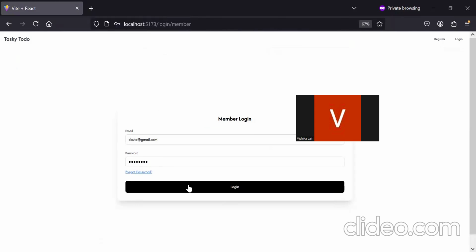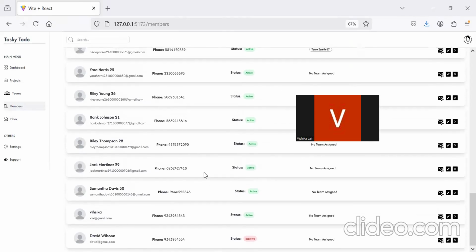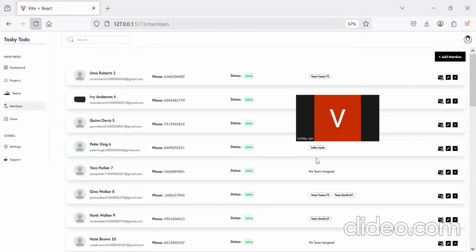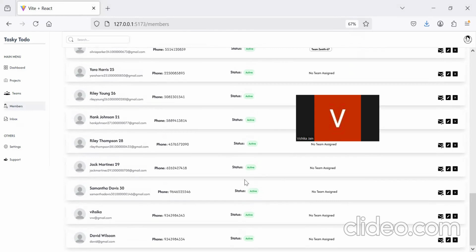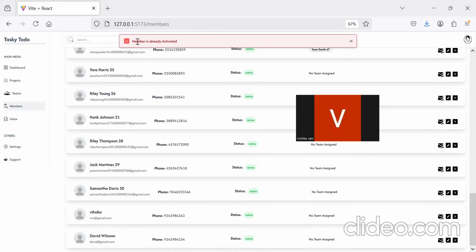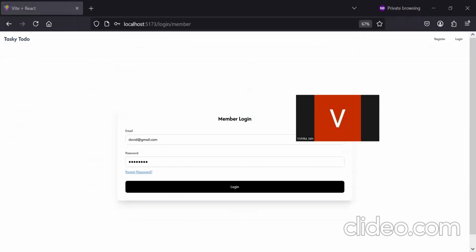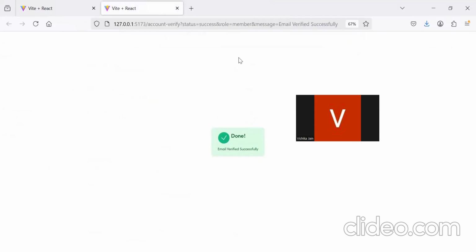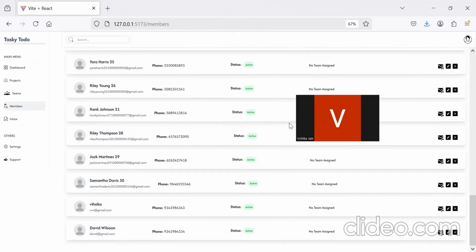So right now, if I go and if I log in, it's saying member email is not verified yet, right? But my account has been activated. And we can also see here that my account has been activated, right? So yeah, that is done. And if I try to log in, it's saying member is already activated, but I have to do the verification, like verify the links, right? So yeah, my phone has been verified, my email has been verified, both of them have been verified, right, of that